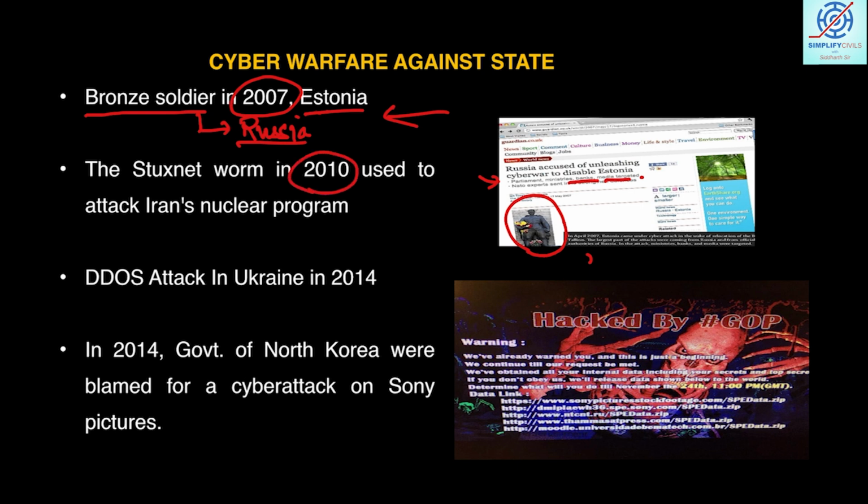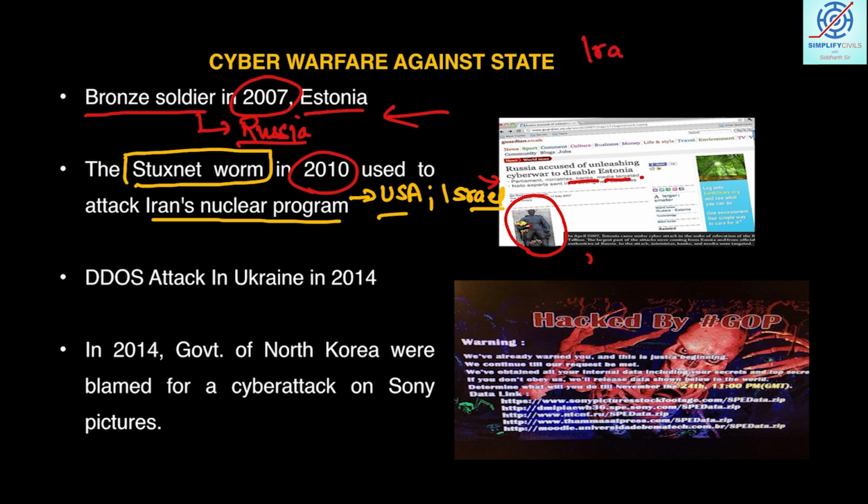In 2010, there was another attack called the Stuxnet worm attack. It happened at Iran's nuclear program, and it is alleged that the USA, with the help of Israel, was the country behind such an attack. You know that the USA and Iran are very much opposed in their words, actions and everything. It has been alleged by the US many times that Iran is trying to misuse its nuclear ability to convert it into a nuclear weapon,